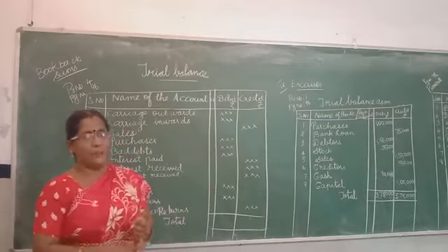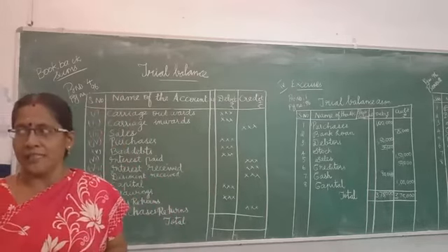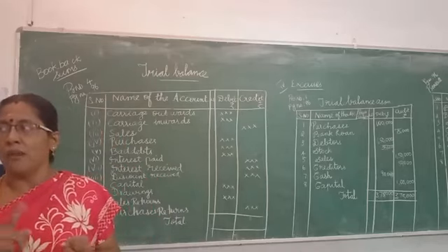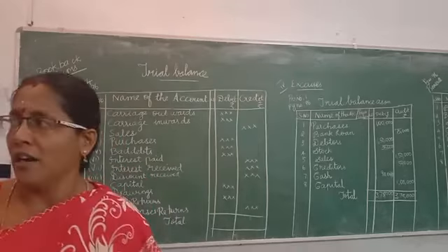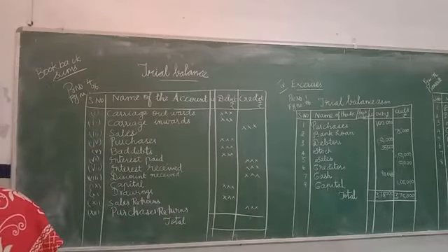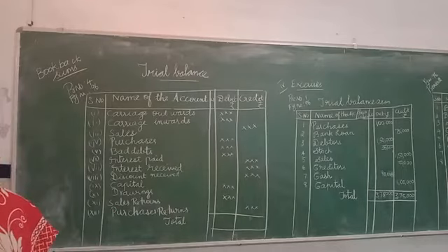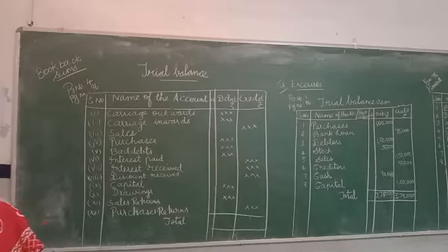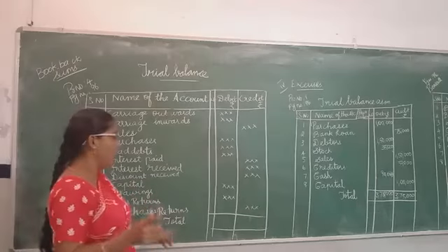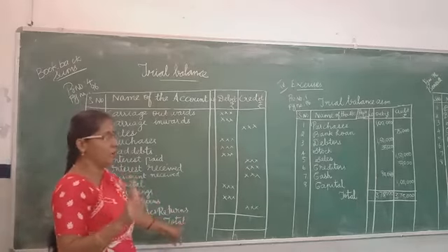Sales returns, you must keep in mind that purchases returns are returns outward. When the goods bought are defective, we return them to the supplier. It is known as purchases returns or return outward, isn't it? We purchased the goods, but the goods are not usable, they are defective, so we return the goods to the supplier. So that is called purchases return or return outward. You should keep it in your mind. The other name of purchases return is return outward.